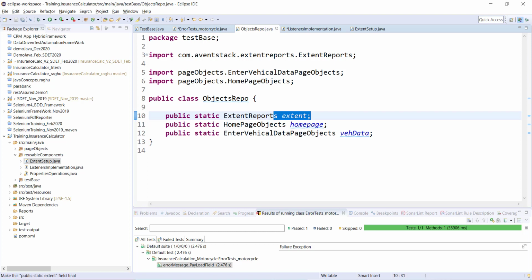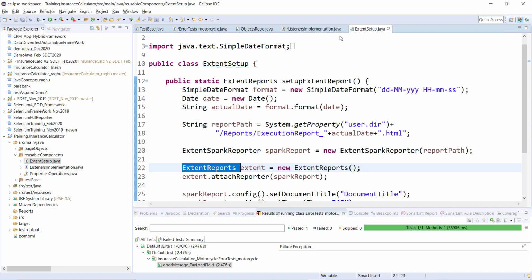So this class extends this, and I should move this extent reports because it is already defined.